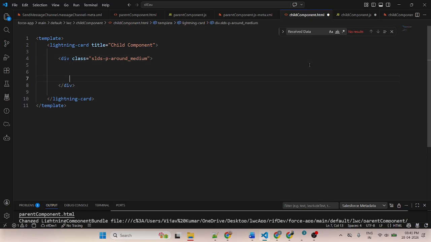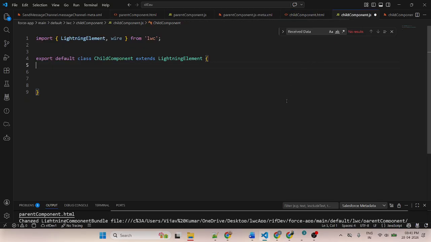And here I will display data. Let's suppose I put dummy data. Once I get the value from the parent component, I will pass the exact value dynamically. Here I will pass the variable. So now let me first go to the child component JavaScript.